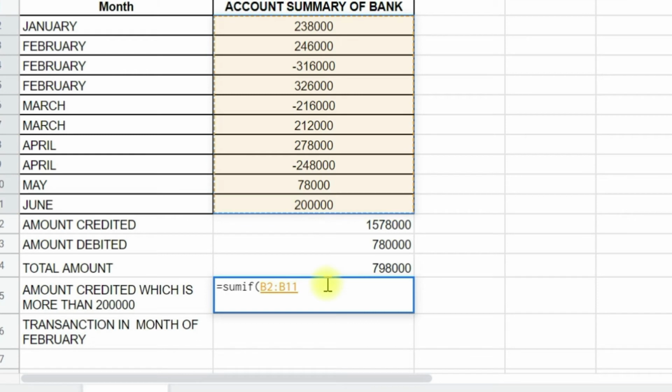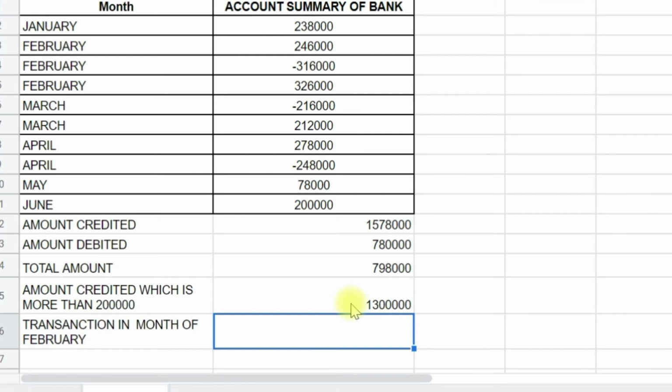After so many mistakes, let's select the data. We have selected the data, and now we will apply the condition greater than 2 lakh to sum up the amount above 2 lakhs. We'll close the quotation marks and then close the parenthesis to get the value. So we have 13 lakhs as the amount greater than 2 lakhs of transactions.